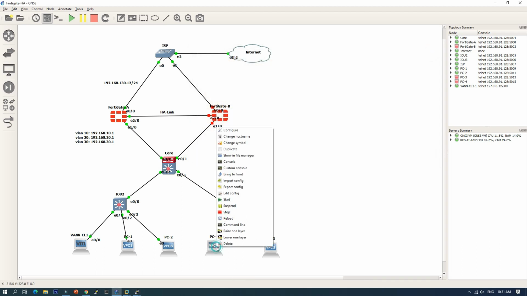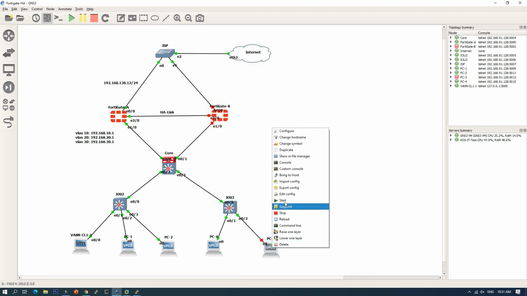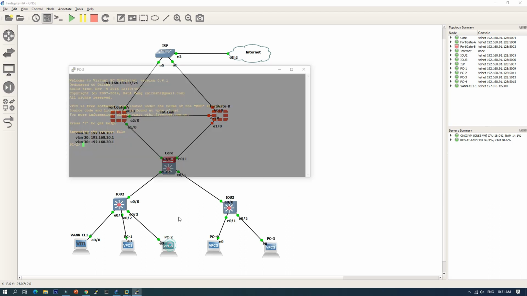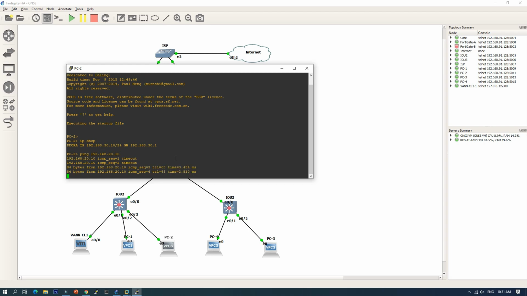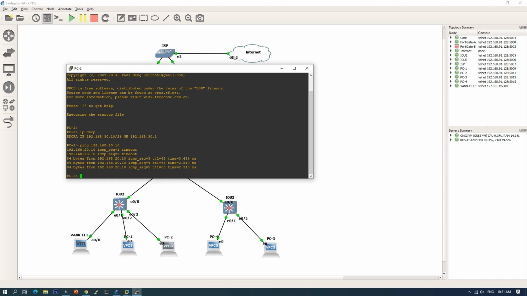So let's start, ip dhcp. Okay, ping 192.168.20.10. Okay, it can ping across the VLAN.